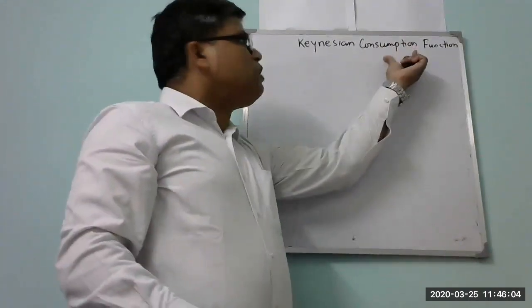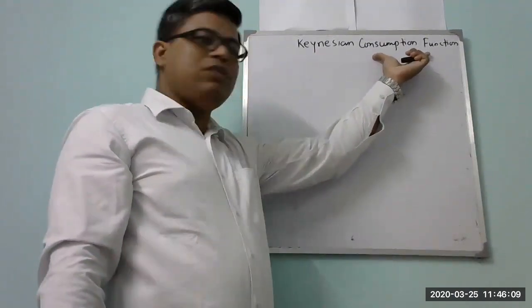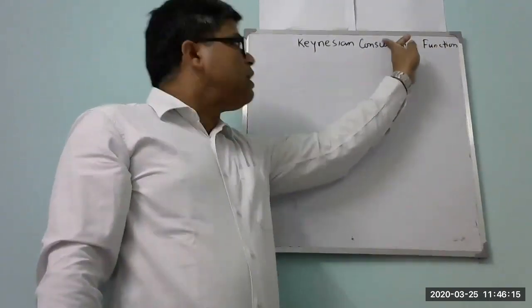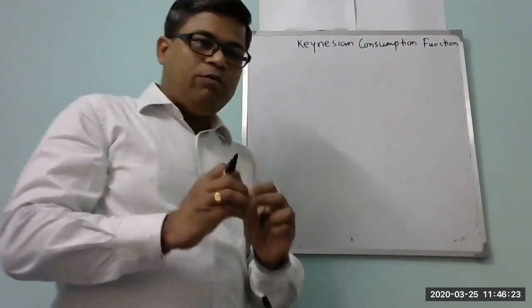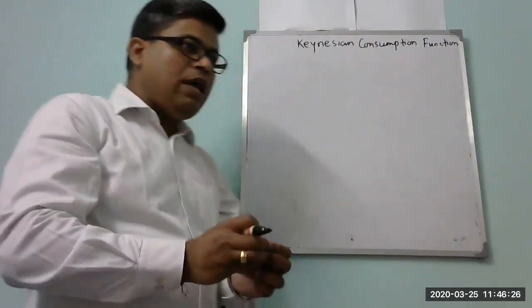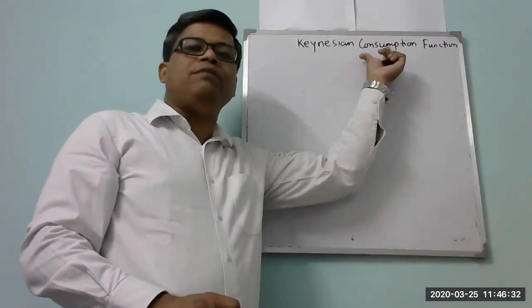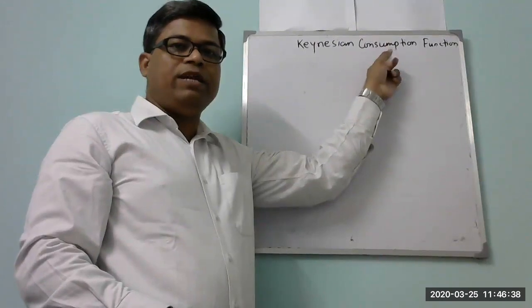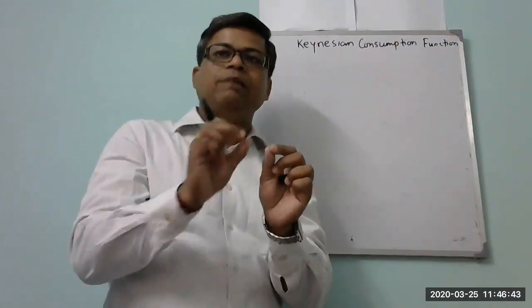Now come to the concept of the consumption function. I'm giving one very simple trick to remember all these things. When you talk about a function, we need to find out the dependent and independent variable. That's all. How to find the dependent variable? Very simple: the term which is given becomes the dependent variable itself. Here the consumption is given, so consumption is the dependent variable. Let's say the demand function: demand is given, so demand becomes the dependent variable.